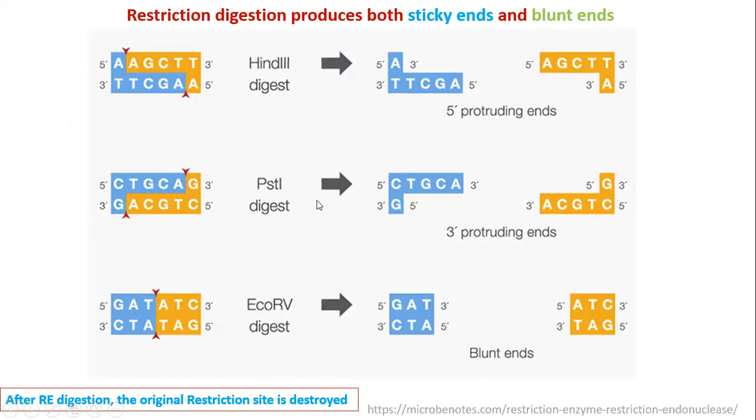And the same way you use PstI, 3 prime is hanging, 5 prime is not hanging, so protruding. So one enzyme can give 5 prime protruding ends, another enzyme can give 3 prime protruding ends. And in another case, there are no overhangs, a blunt end will be there. So for example, if I take these blunt ends and do the ligation reaction, I may not be successful, because